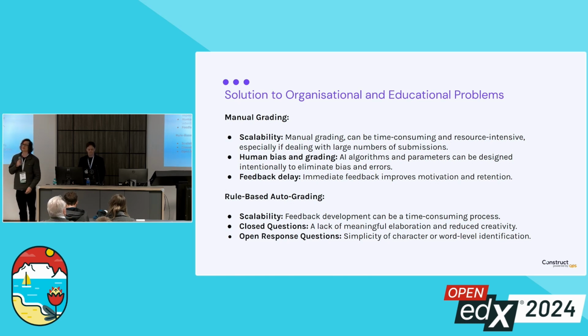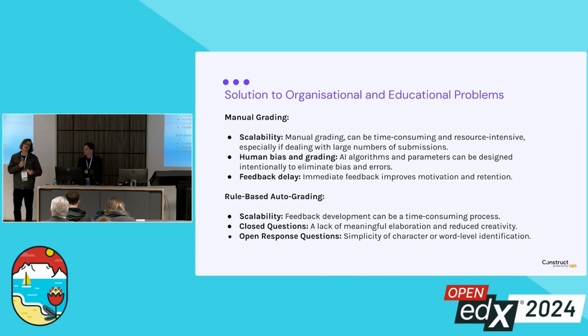Next, human bias and grading. We often talk about the issues associated with biases within AI algorithms. For example, that they perpetuate stereotypes, especially related to identities that are representative of the global South. However, we rarely talk about human bias within grading and with feedback generation. Human bias is also an issue.